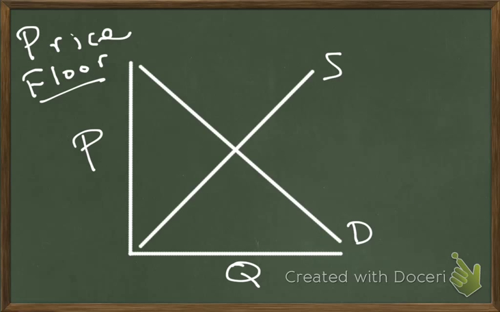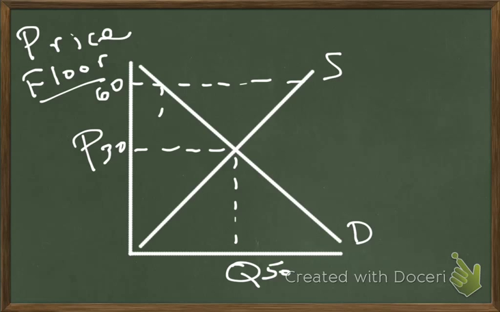When we talk about a price floor situation, this means that you have a minimum price that is set above the market clearing price and creates an artificial situation resulting in a surplus. So, again, our pair of shoes is at $30 per pair. And this is where we sold 50 pairs of shoes at that particular price. So if we were to say the government would not let us sell our shoes for less than $60 per pair, for whatever reason,